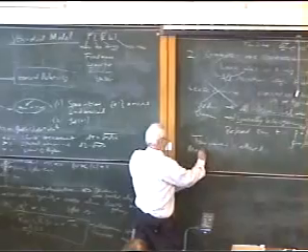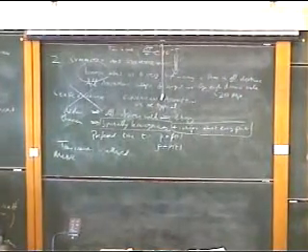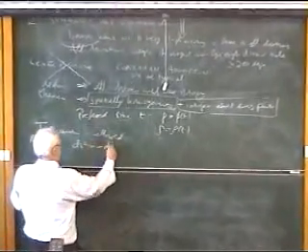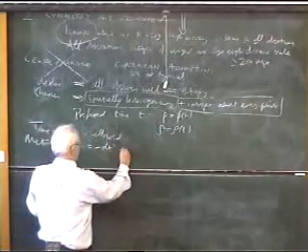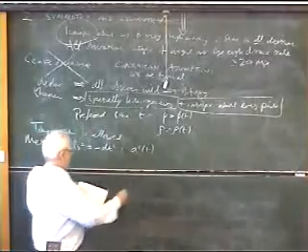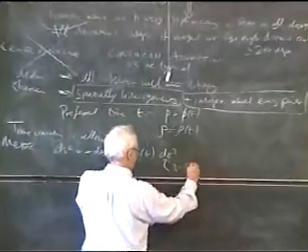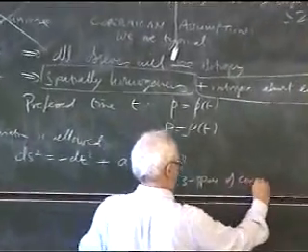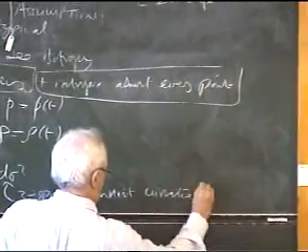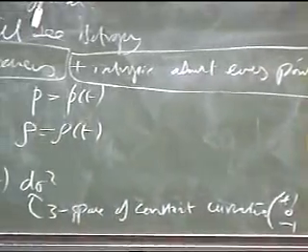Okay, the metric tensor. Now, I'm going to shortcut a long bit of argument to say as follows. The metric tensor can then be written, metric is minus dt squared, where this is this preferred time, plus a squared of t, the scale factor as a function of time, into d sigma squared, where that is a 3-space of constant curvature plus 1, 0, or minus 1. We get 3 possible cases.